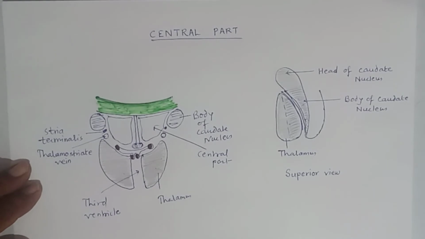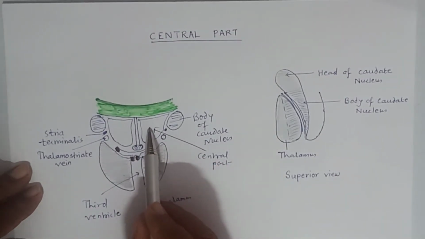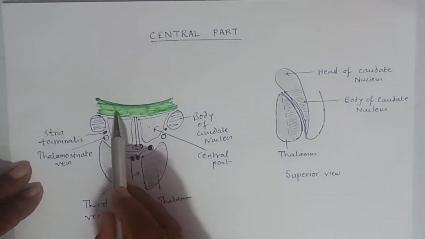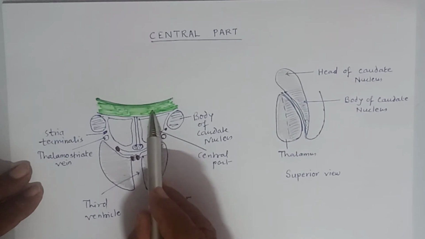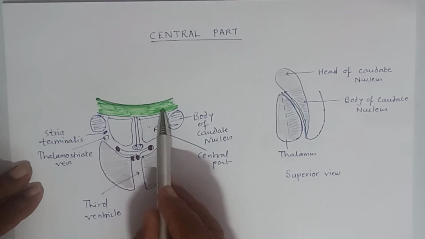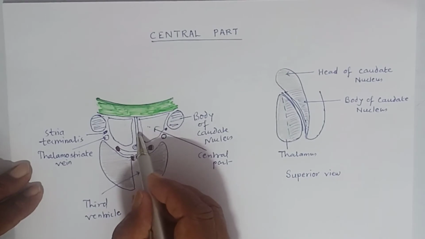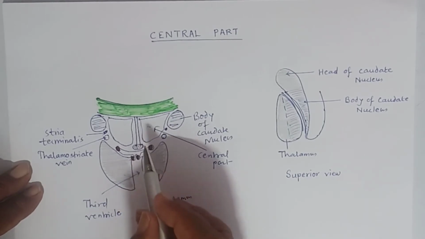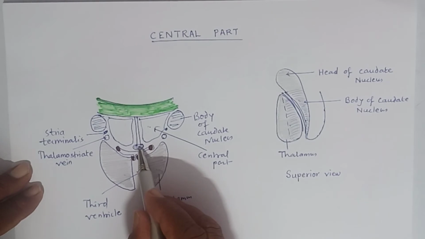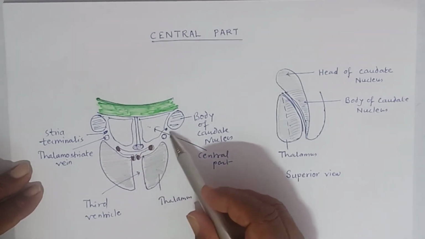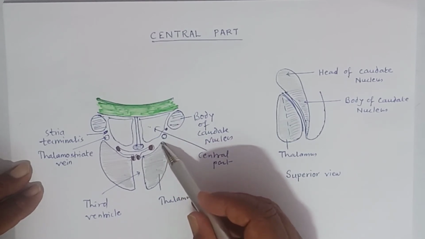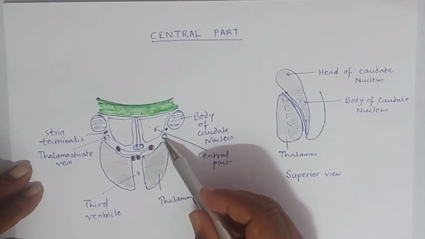So this is the cavity of central part of the lateral ventricle. This is a coronal section. Roof is formed by the inferior surface of body or trunk of the corpus callosum. Medial wall is formed by the septum pellucidum and column of fornix. And in the floor, there are four structures. From medial to lateral: lateral part of the superior surface of thalamus, thalamostriate vein, stria terminalis, and body